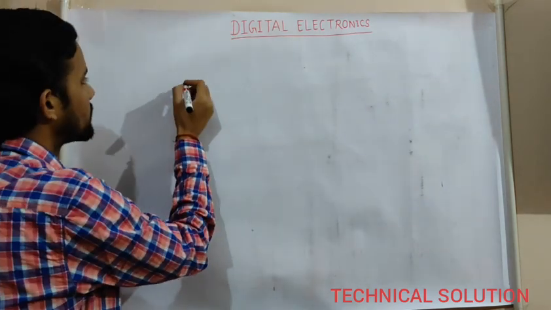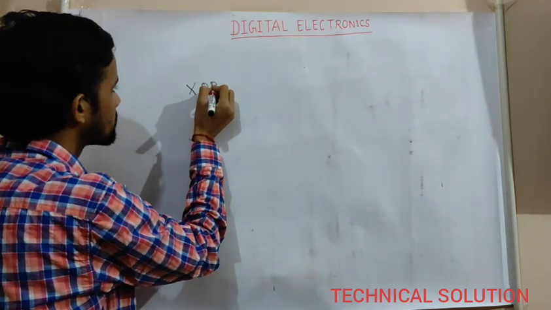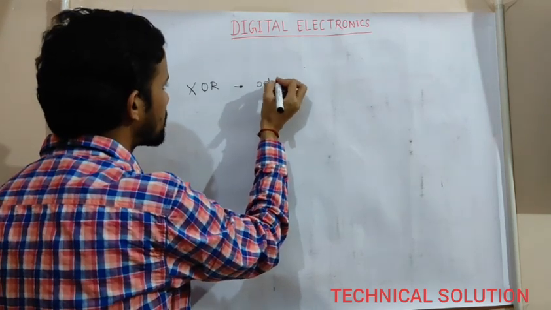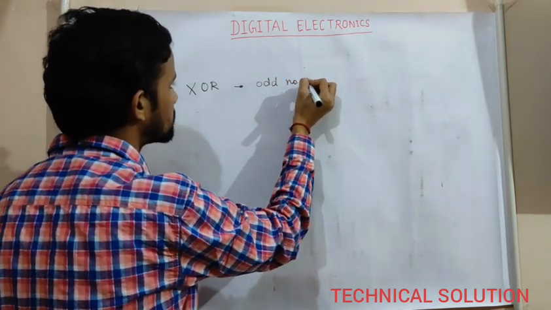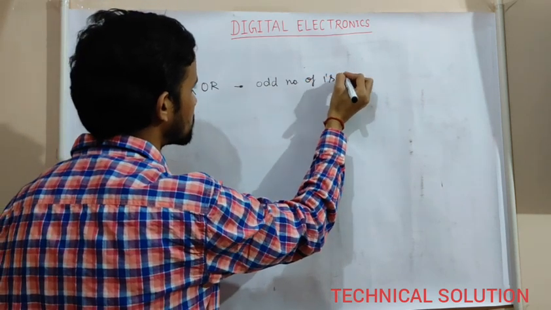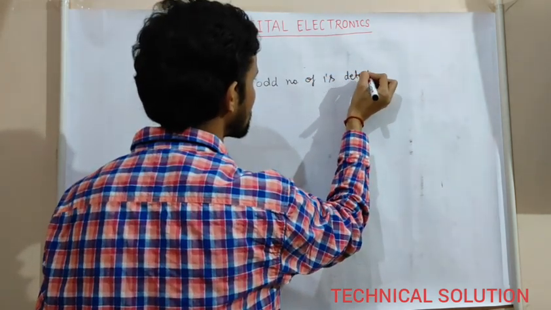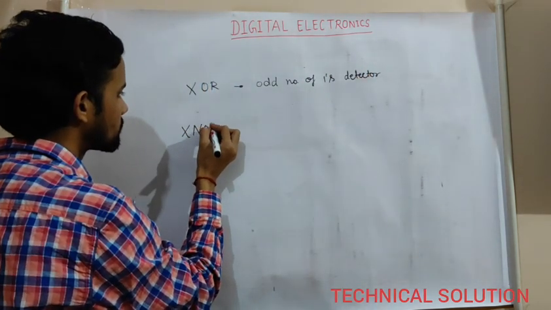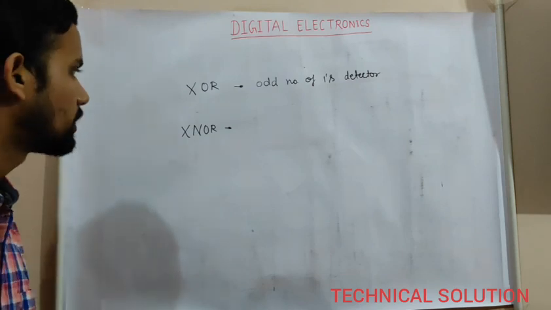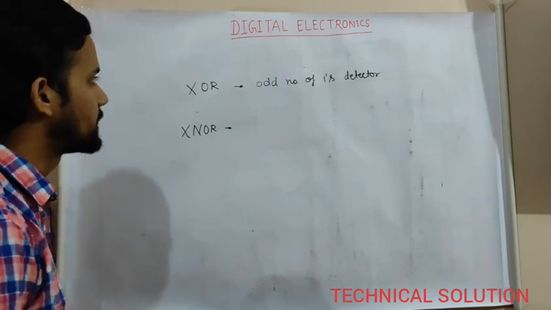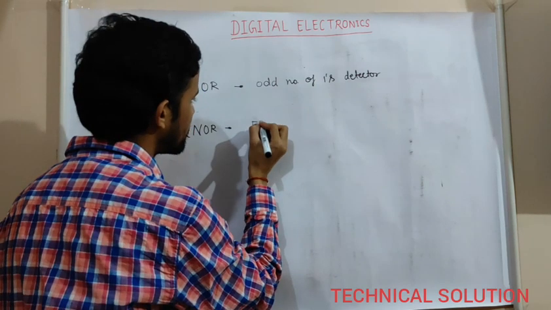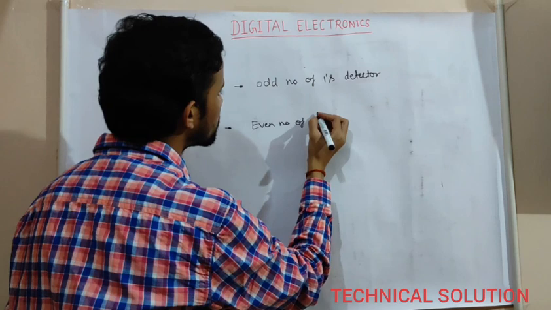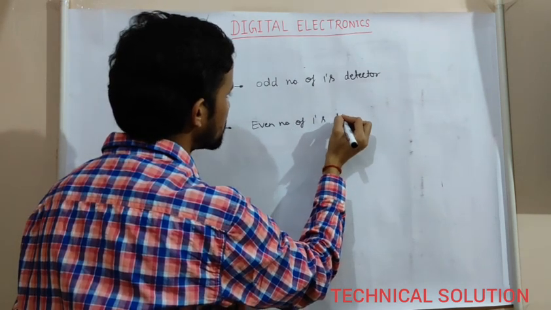As we read, XOR is an inequality detector and is also known as an odd number of ones detector, whereas XNOR has a dual nature. That means it will behave as an even number of ones detector